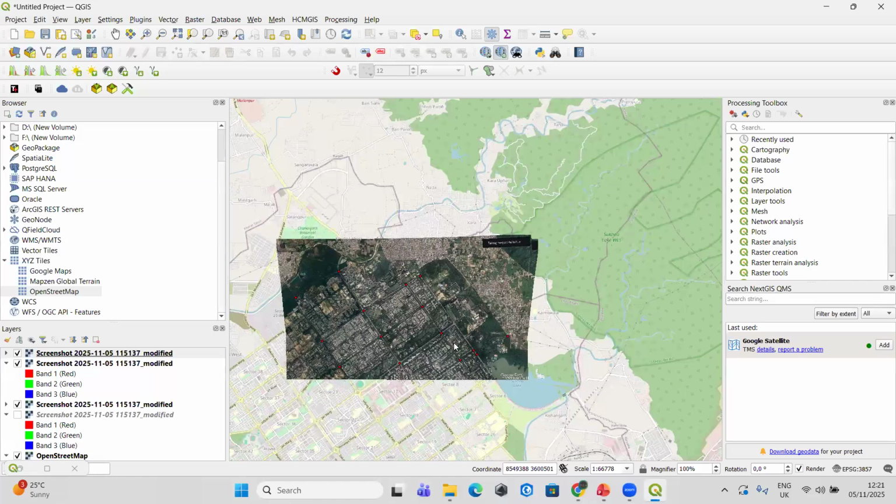So this is more like a mathematical transformation. The scientists who created these transformations came up with a basic transformation, and then more complex transformations. For example, you have an image and you have maybe 100 ground control points. You need to be more accurate on the ground, and to be more accurate on the ground so that your